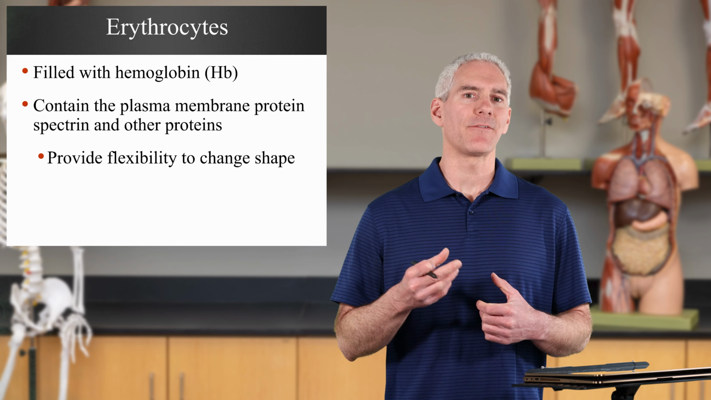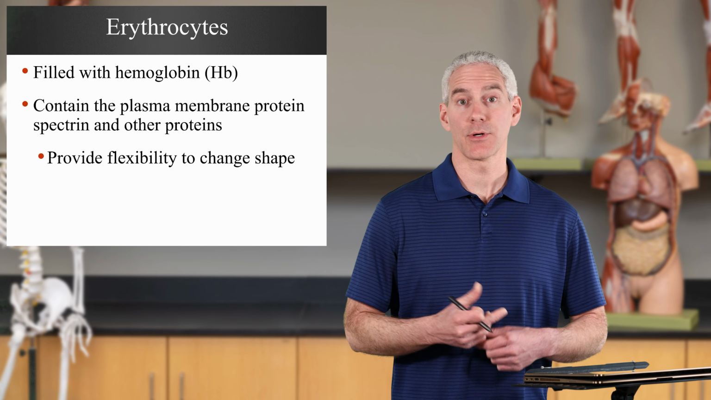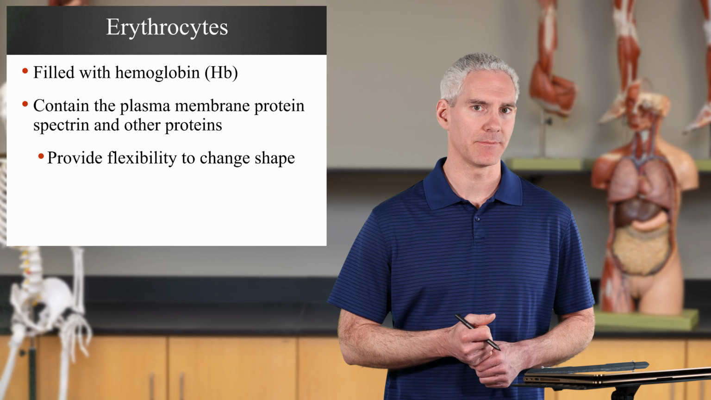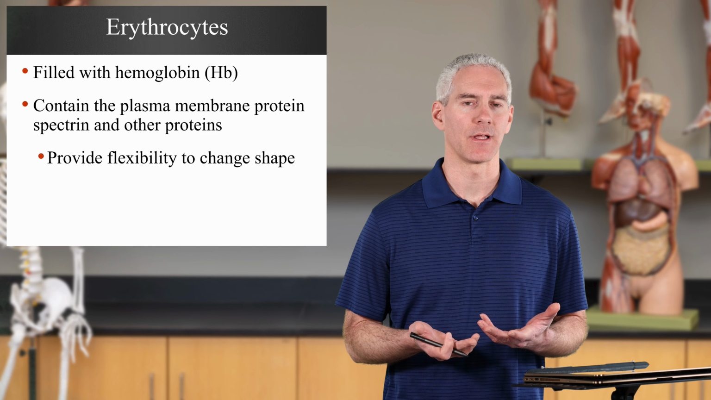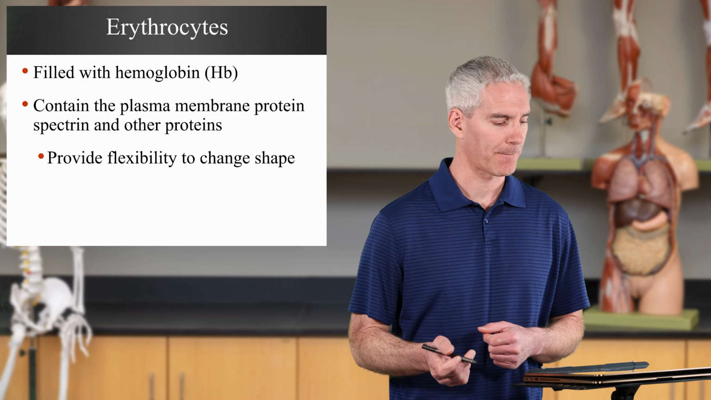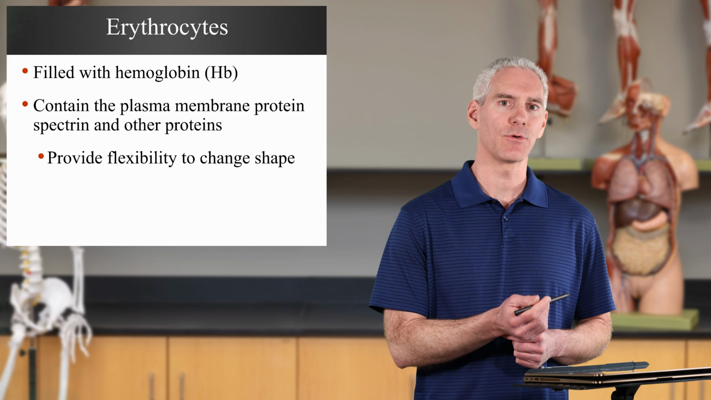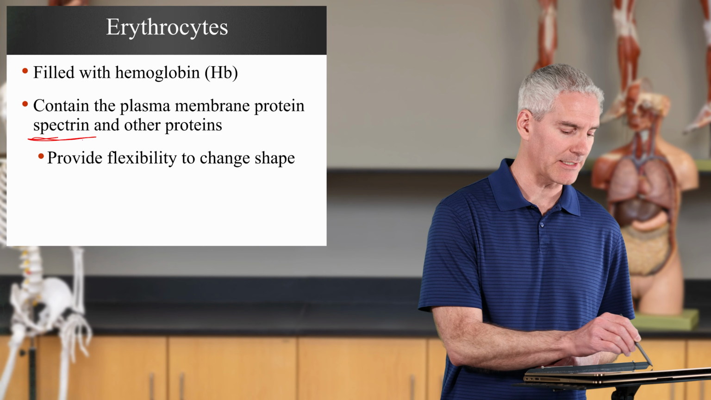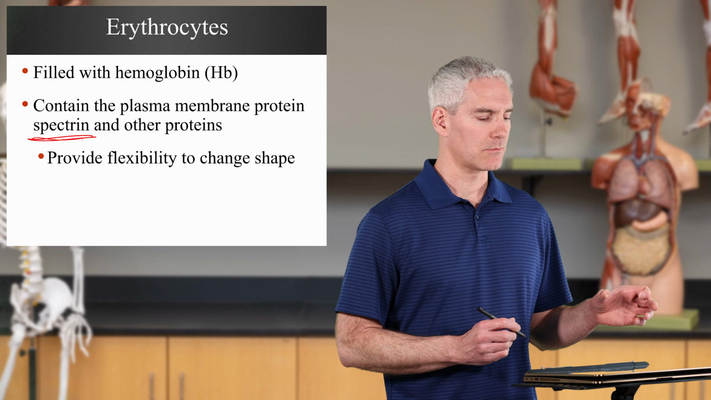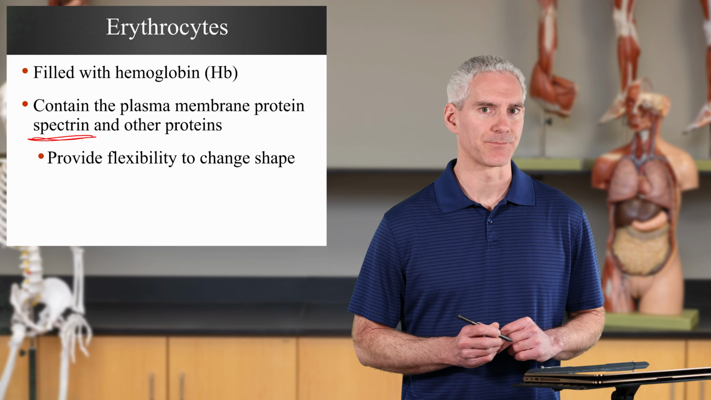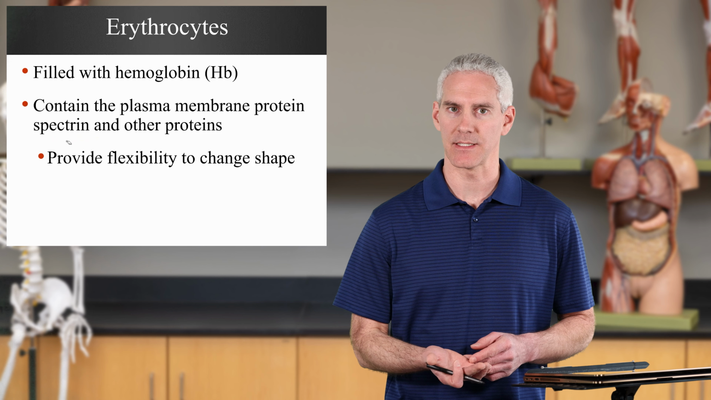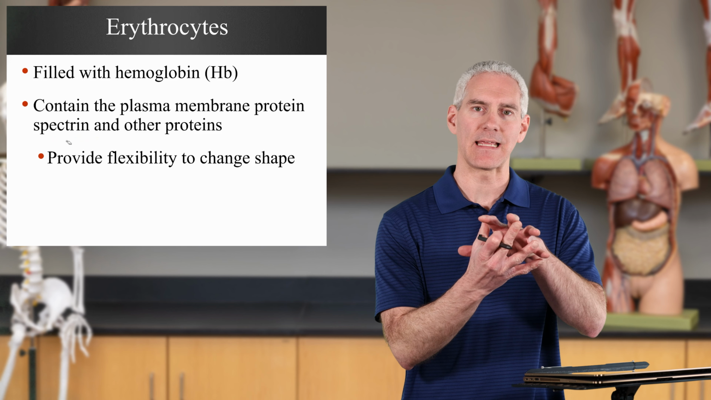Now, erythrocytes are filled with hemoglobin. It's a protein. Hemoglobin can be abbreviated as Hb, but hemoglobin itself is a 4-chained protein meant to carry gases. The cell also contains several different proteins like spectrin, for example, besides hemoglobin. The reason I'm mentioning spectrin is because spectrin itself helps provide flexibility and the ability for that hemoglobin,